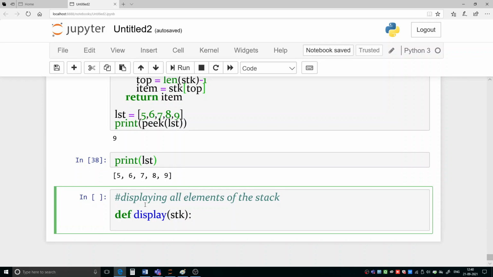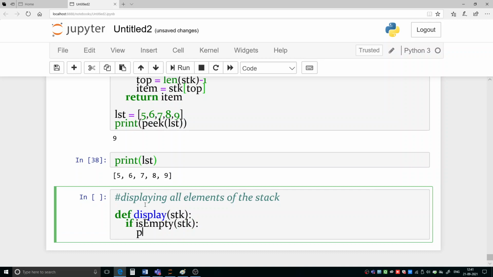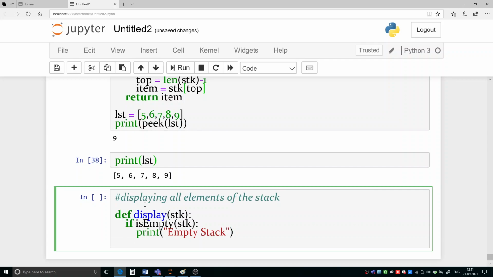Again we need to check if no item is there in the stack, what will be displayed. So we have to check it. If is_empty(stk), then simply write print empty stack, else, meaning elements are there and we need to display them.